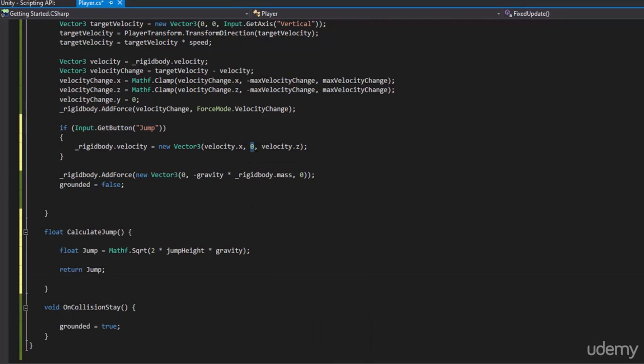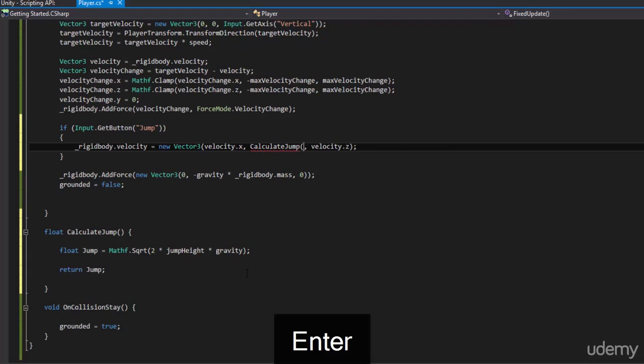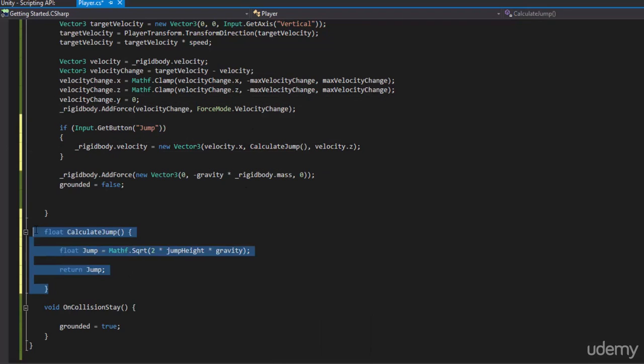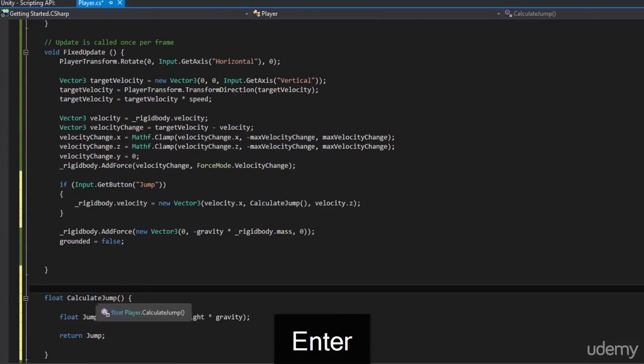Here, where we have 0, now we can call this float. And to do that, since it does return value, we can just do calculate jump, open and close parenthesis, and there you go. So that's how you do a return type. And look, the words don't scare you. All we're doing is doing math in a separate little function, so it looks cleaner. We could just do this. We could copy this and paste it here. But I want to teach you guys how to use these, because these are used quite often,